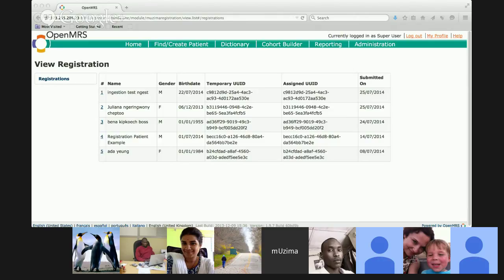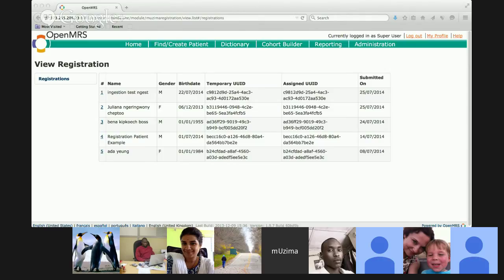I'm confused. So the idea of this table is, you create a temporary patient, you generate a temporary UUID, and then the registration form processes it. If it finds the patient for that one, it will map this temporary UUID to the assigned UUID.